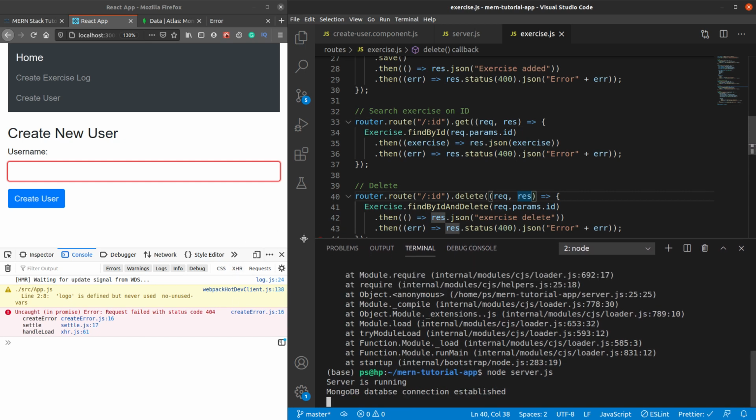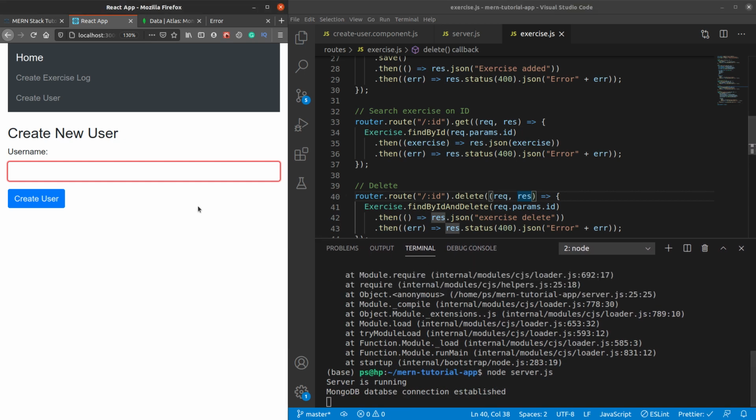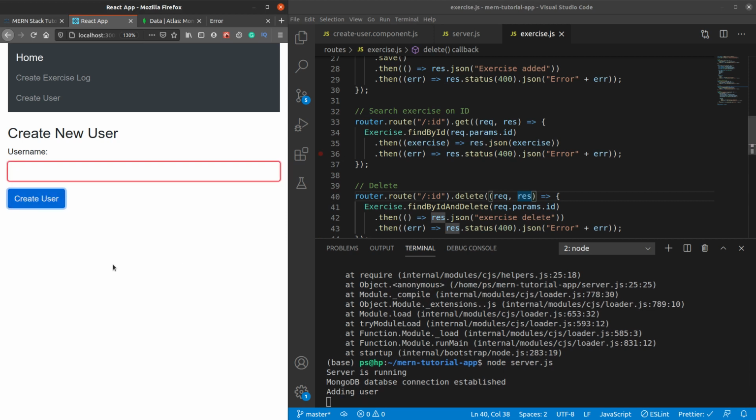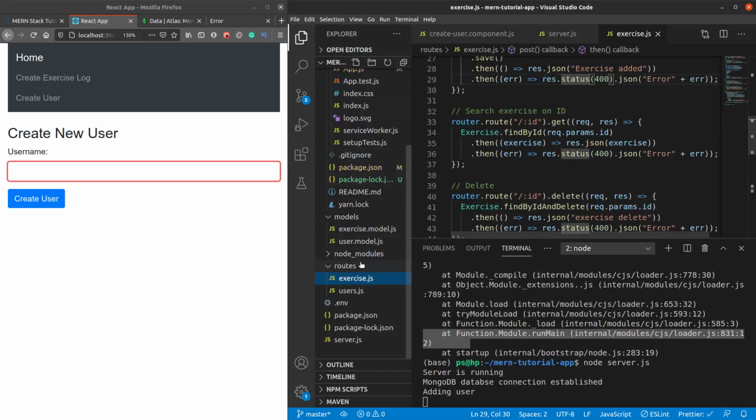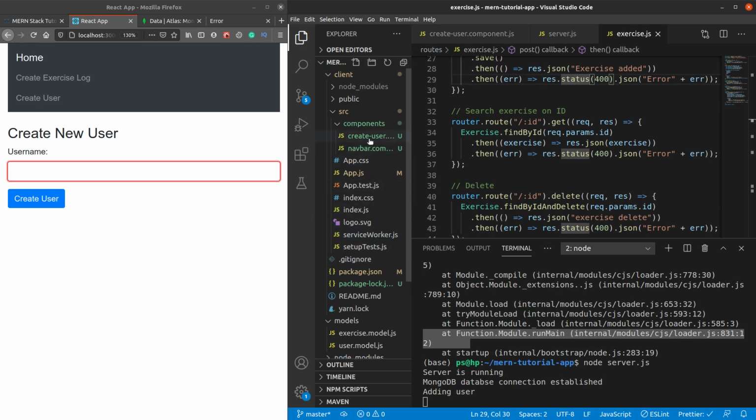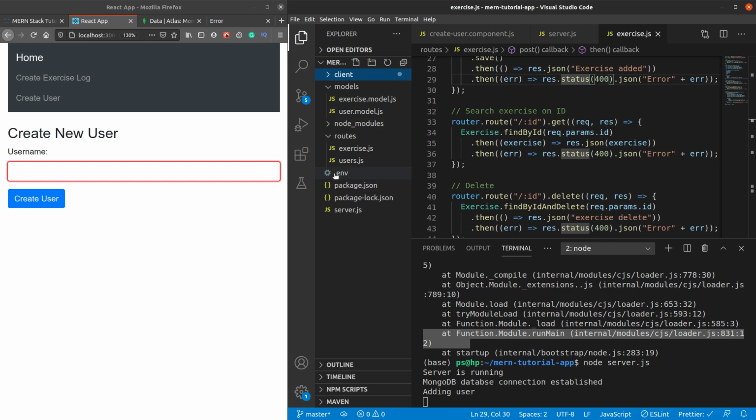All right, so the DB connection has been established, and if we try to save any user right now, here we can see adding user. Actually I've added a logger statement in between, which will record our adding user step on the server side. So this is the proof that the server has been called from our client, sorry, the React front end.